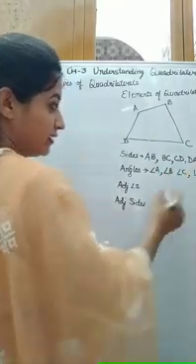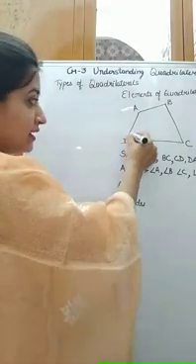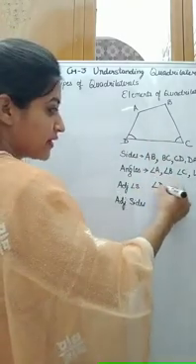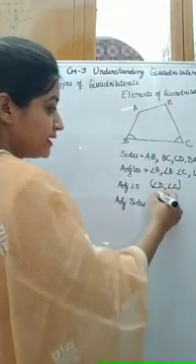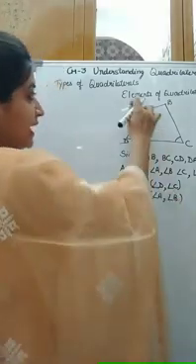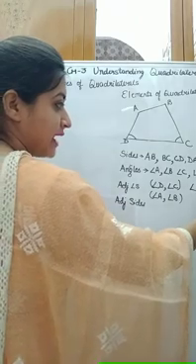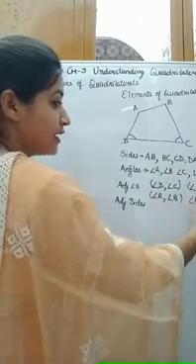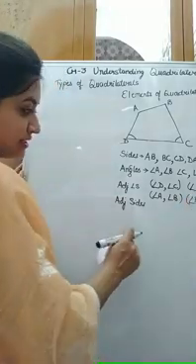It has four angles. Adjacent angles. Adjacent angles like D and C is the first pair of adjacent angles. A and B is the next pair. B and A is another pair. And we have one more pair like B and C. So we have four pairs of adjacent angles.